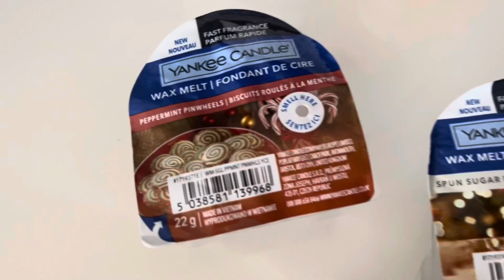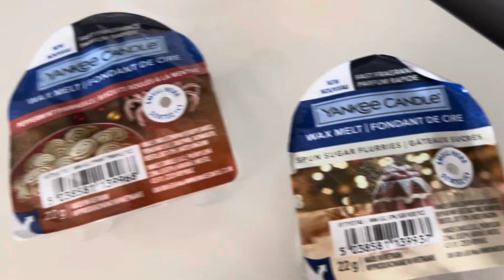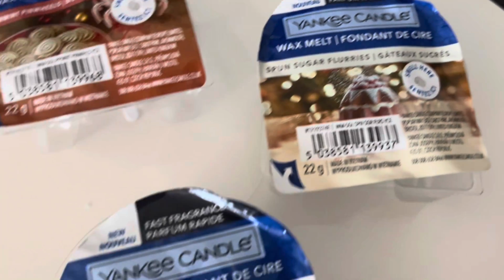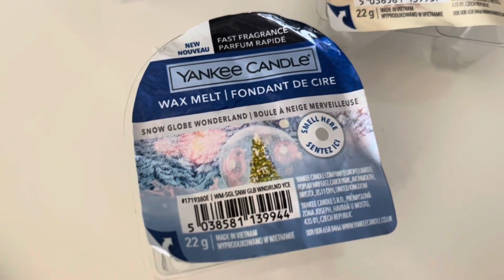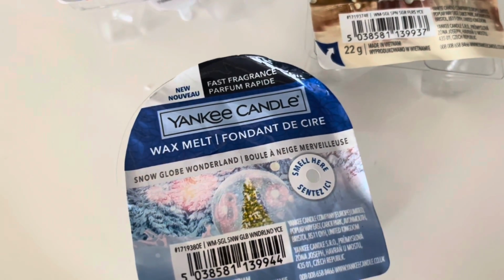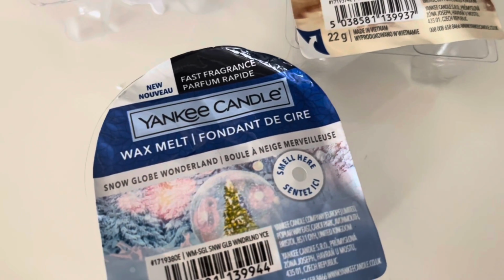In second place, I'm going to say Peppermint Pinwheels. In third place, I'm going to say Spun Sugar Flurries. In fourth place, I'm saying Snow Globe Wonderland. And for me, the worst one was probably Winter Night Stars,